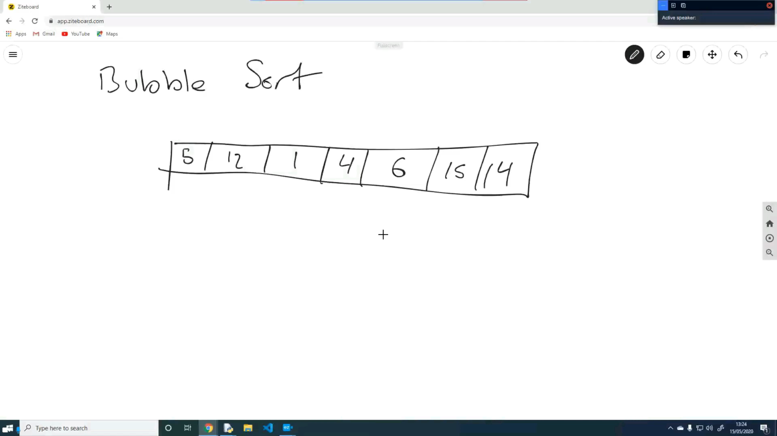Bubble sort works in a fairly simple way. We want the array in order from smallest to biggest. So is this element bigger than this element? In this case, it isn't, so we don't do anything. First we compare these two. Since this is smaller, we don't do anything. Then we